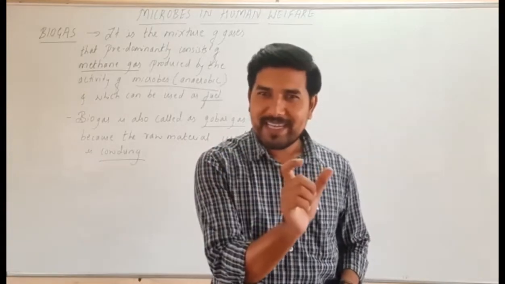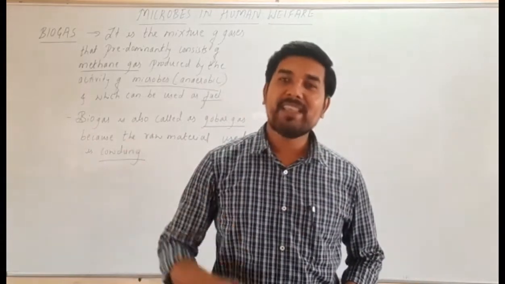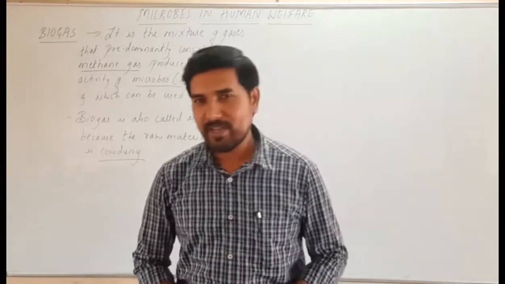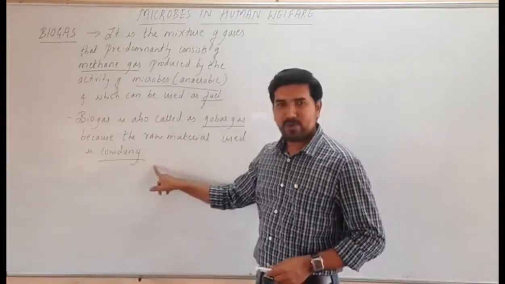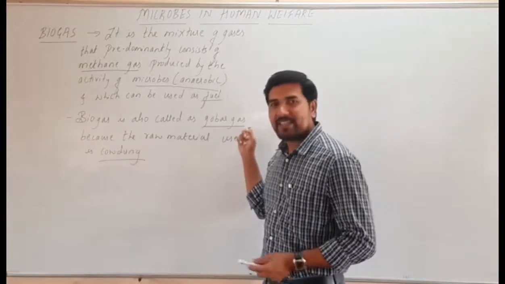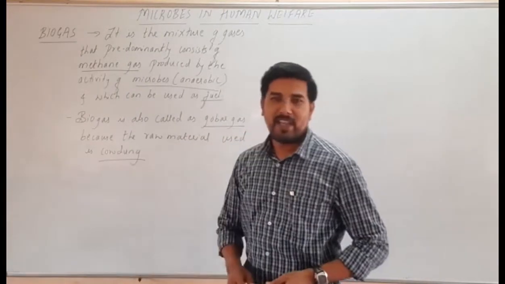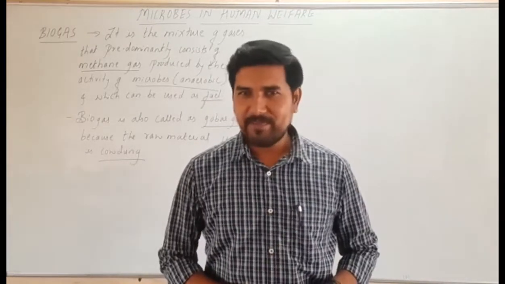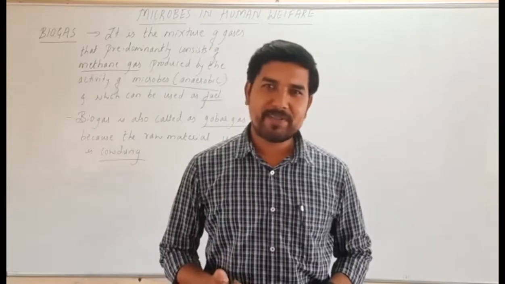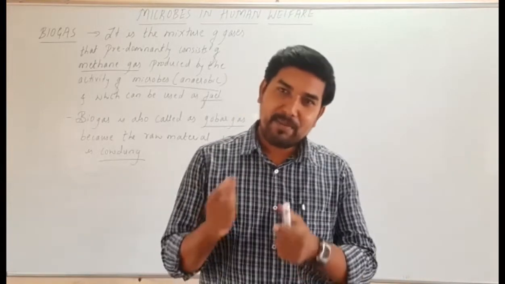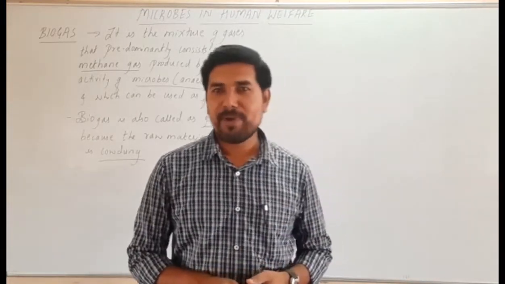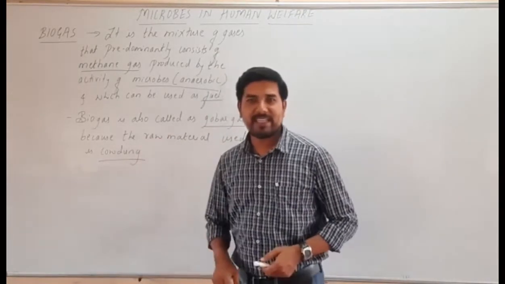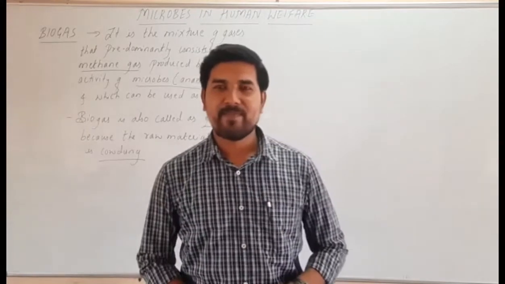Now gobar is a term which is taken from Hindi. Okay, gobar refers to the cow dung. So that's why biogas is also said to be gobar gas, because the raw material used is cow dung. Then apart from cow dung, what can be used as raw material? Even the vegetable waste, the fruit waste can also be used as the raw material for the production of the biogas. And this biogas is nothing but the methane gas.